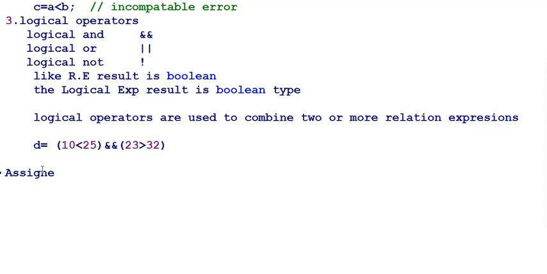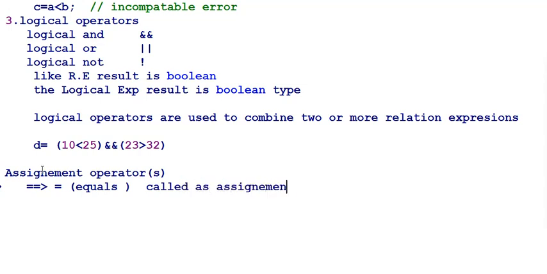Then the next one is called the assignment operator. There are so many assignment operators. The first one we can go for is equals. This can be pronounced as equals. So equals is one operator, the equals operator. It is called the assignment operator, used to assign. Assigning means gives. Assignment operator means it